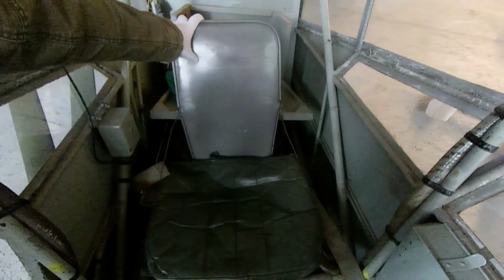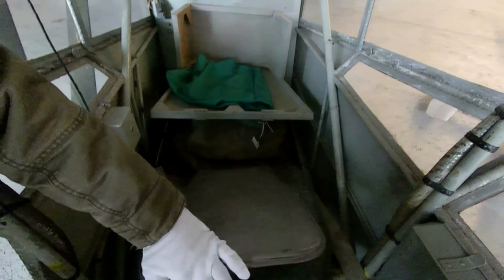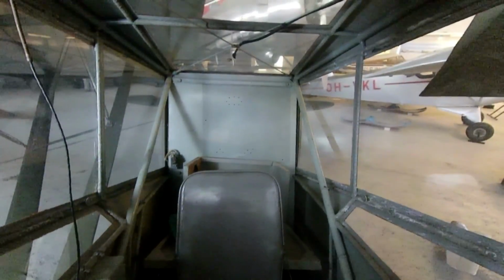This seat right here, which would be for the passenger, can be folded forwards. You'd have a platform up here, and that would allow you to operate the machine gun that is pointing rearwards. Now, in order to get in, you essentially have to squeeze past the pilot's seat. For those that are a bit taller, this might be somewhat of a challenge, but there you go,